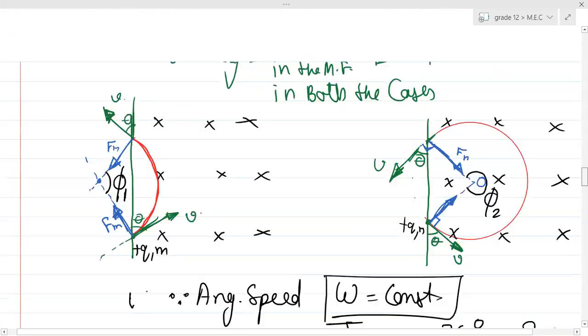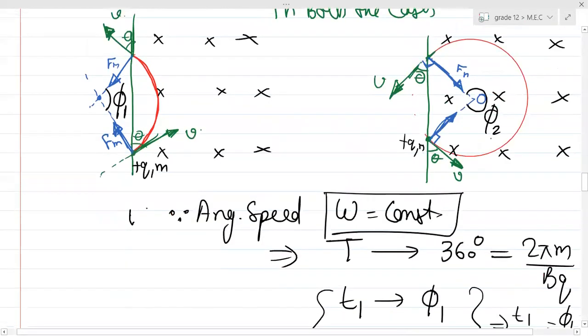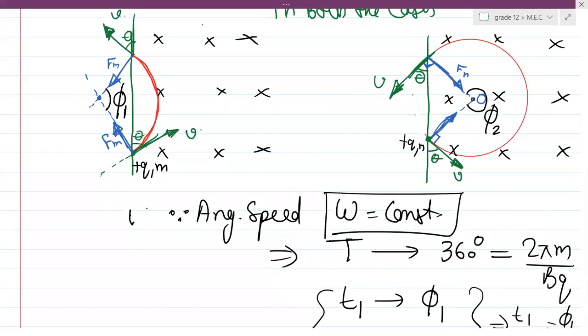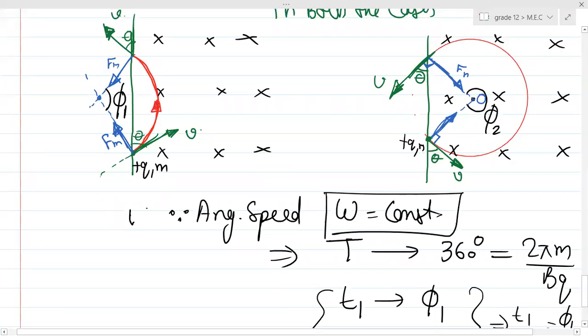Why do we take phi to the outside? Because, can you see, this is the part of the circle which we want, the red part, right? So the angle corresponding to that is what we wanted. Here, the red part is what we wanted; I want the angle corresponding to the red part. It is the time during which this was inside the magnetic field. So when it was red, it was inside, right? I want that region only. So if I can find out phi 1 and phi 2, can anyone help me find out phi 1 and phi 2?